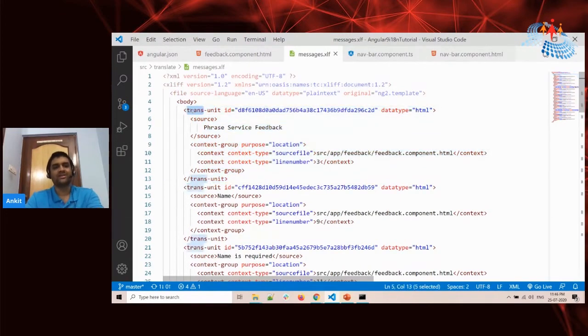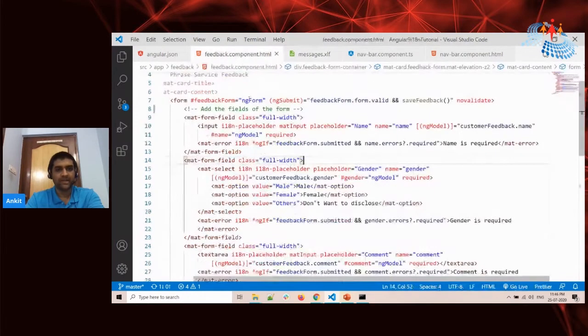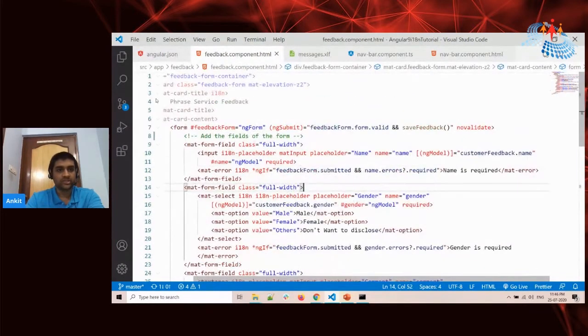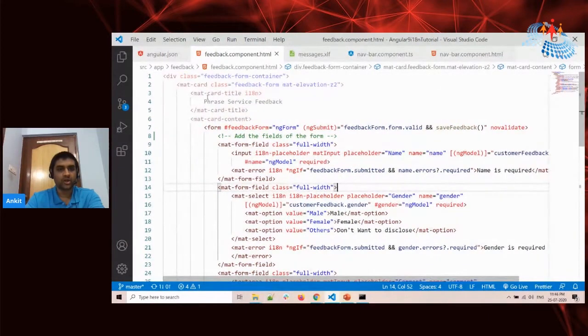Trans unit stands for translation unit, and this ID is created by our Angular CLI dynamically, and this is a unique ID for each trans unit. This is some internal logic in the code, and this ID is dependent on the content. Here we have a title, and we have marked it for translation.